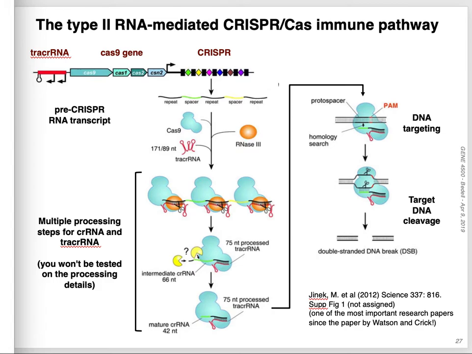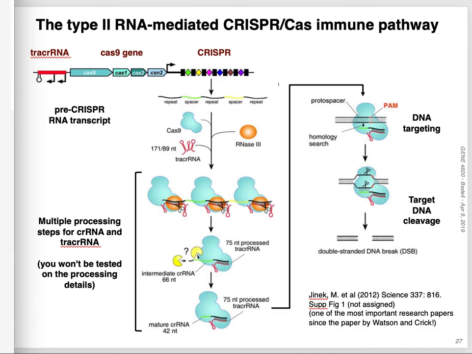One of the most important research papers, who are Watson and Crick? Why is the Watson and Crick paper considered to be so important? The double helix model. I would argue, and I've never heard anybody else say this, that this 2012 paper from Jennifer Doudna's lab is probably the most significant since the Watson and Crick paper, because